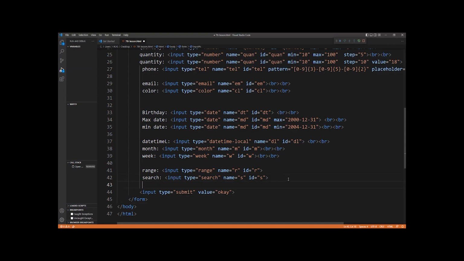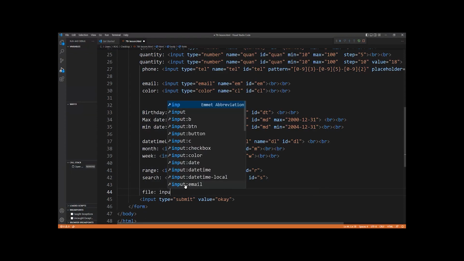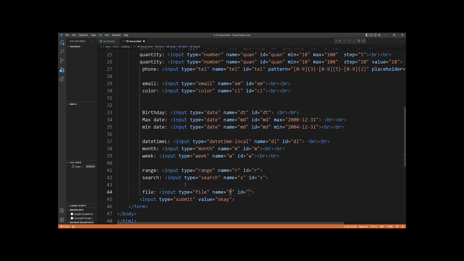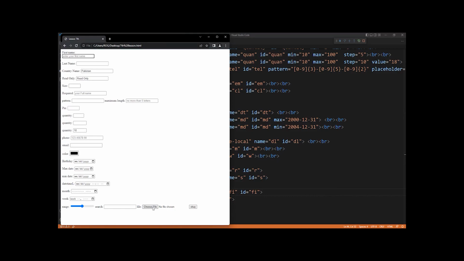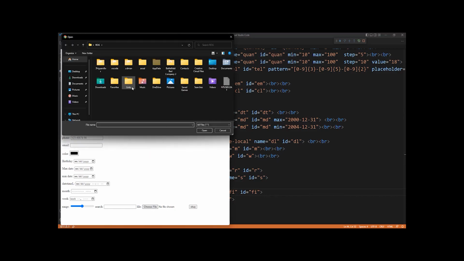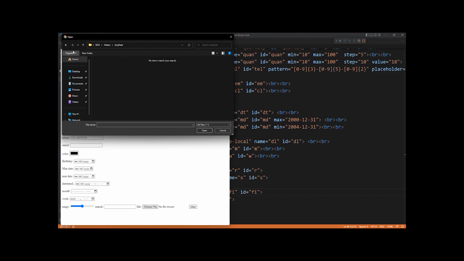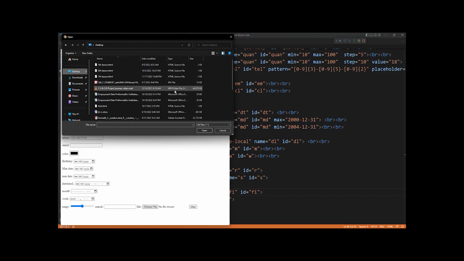Okay, so how to pick up a file? For a single file I will use input and file. If you run this, you may see how to pick up a file: choose a file, no file chosen. For example, I want to choose a file, I have a file on the desktop. Okay,